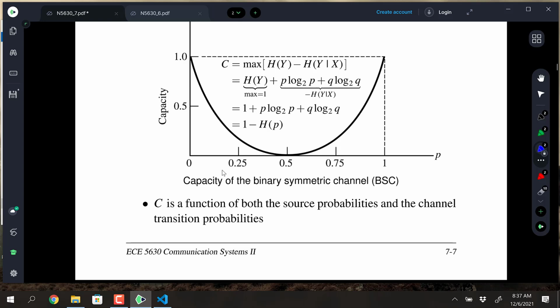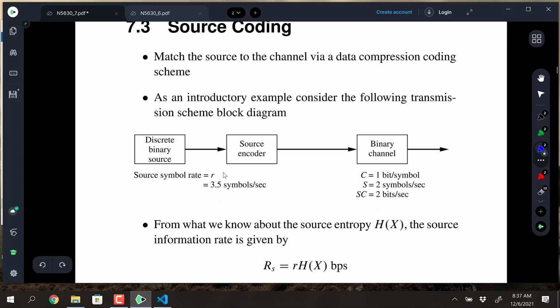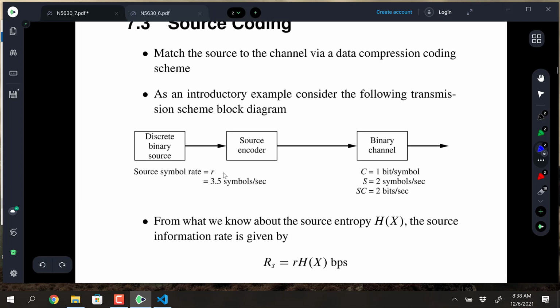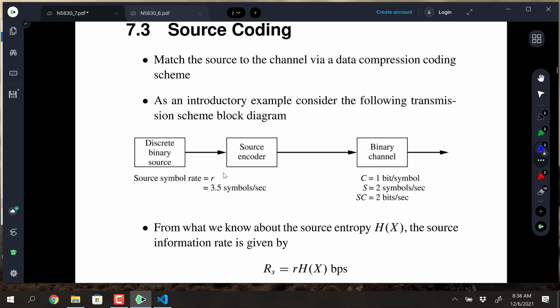So we'll be using this idea to look at the coding theory. So yeah, this is the first theorem right here. So there's different types of coding that we want to go into. The two main types of coding are source coding and channel coding. Source coding is where you're trying to adjust the information to be more efficient. It's the idea of compression. So source coding is to match the source to the channel via some sort of data compression. And for me, the big examples of data compression that I think of are listening to music or watching streaming video. Those are examples where we're doing some sort of lossless or lossy compression in order to get more throughput